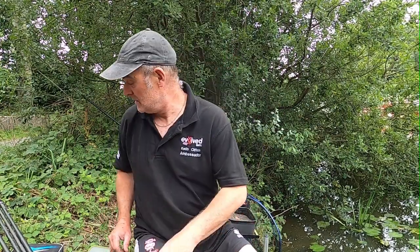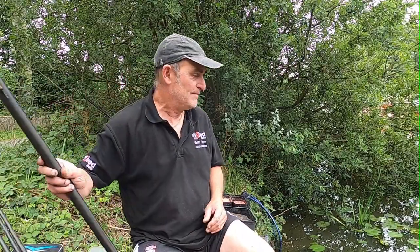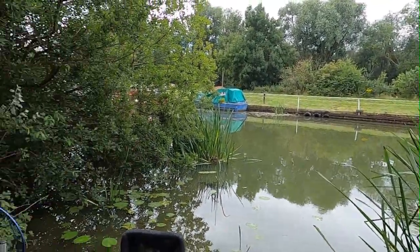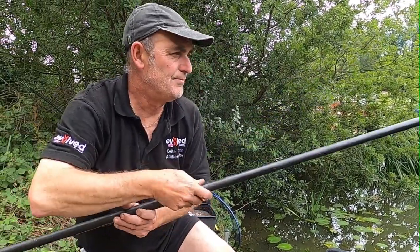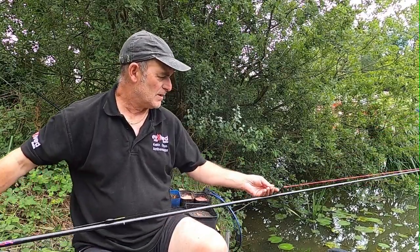If I show you my rigs for today, like the big worm rig, you can see there's a lot of reeds just here. So I've got, starting at the top here,